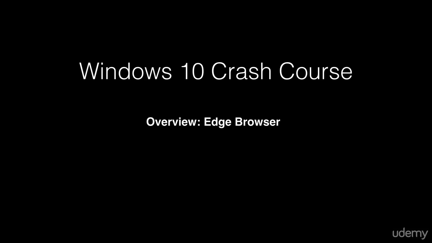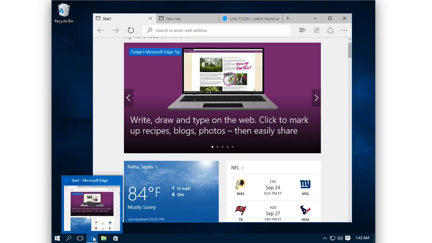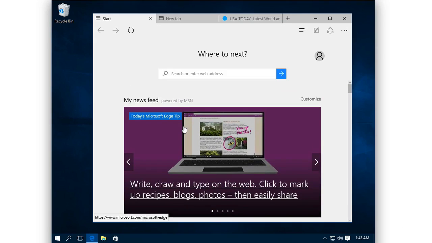So we're going to be overviewing it, showing you how to navigate the interface, how you can browse with it, and some of the new features packed into it. So let's jump into Windows. So here we are, we have the Edge browser open. Keep in mind, by default the E, or the former Internet Explorer icon, will be the Edge browser here in your taskbar when you're on Windows 10, and you're going to be presented with a start